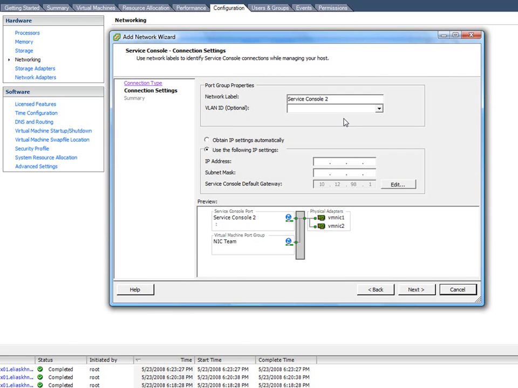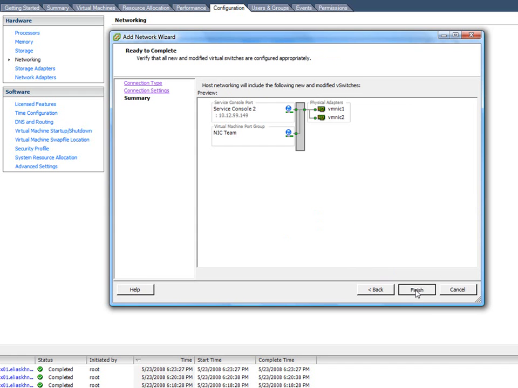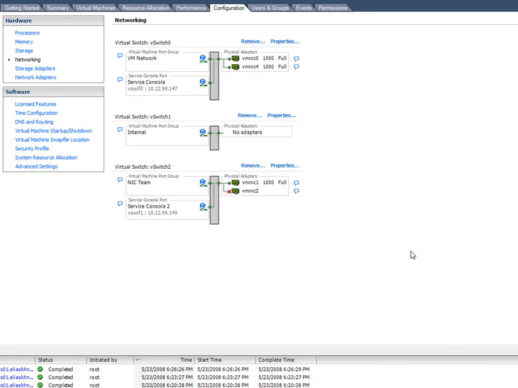Now the trick here is now you're going to have to allocate a second IP address to this connection type. But when we're done, what we're going to end up with is we're going to have multiple entries into this ESX host. So let me pause the video, put in some information here, and I'll be right back. Alright, so I've IP'd this connection type, and let's click on finish. So what's going to happen here again is we're going to end up with two entry points into this ESX